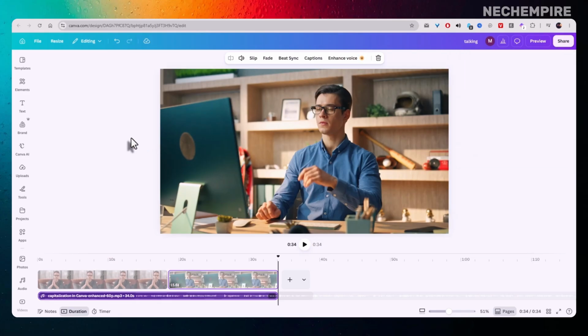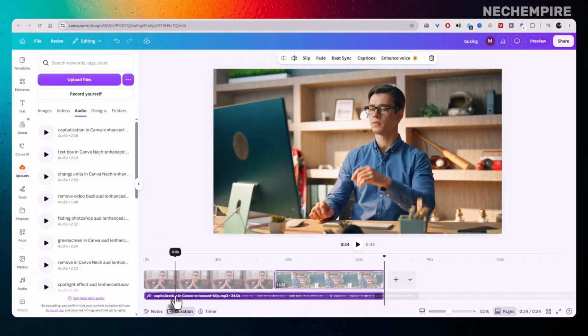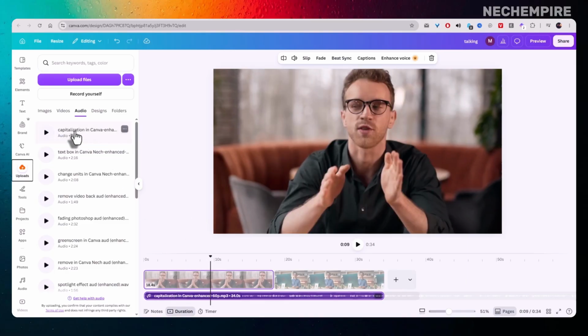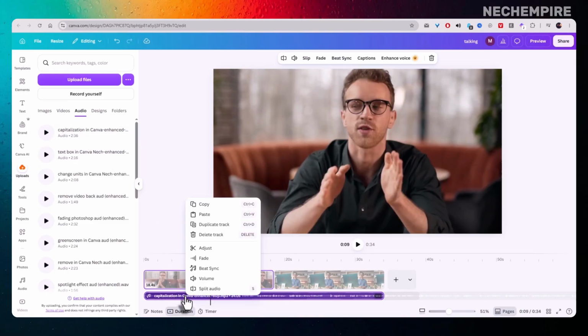If none of these steps fix the issue, your original audio file might be corrupted or saved in an unsupported format. Click on the audio track inside your timeline, hit the trash can icon to delete it, and then re-upload the original file as a standard MP3 or WAV file. Pull the fresh audio back onto your timeline, stretch it across your pages, and test the